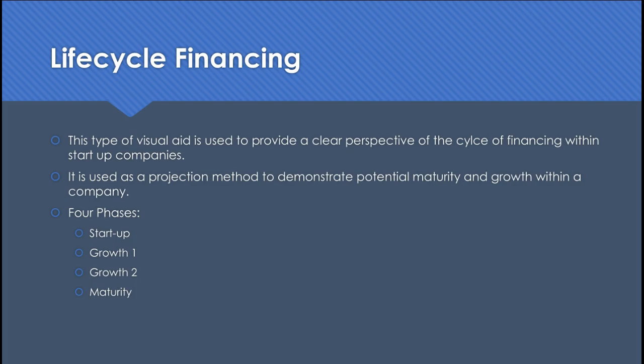The first phase is startup. That's where you look at savings, friends and relatives, angels, and venture capitalists to help you get your business off to the right start. Growth 1 is when you see the business expand and its sales develop a base of reliable customers. As a result, more capital is typically acquired. Some capital is also generated through reinvesting profits from operations within your startup and growth 1 phases.